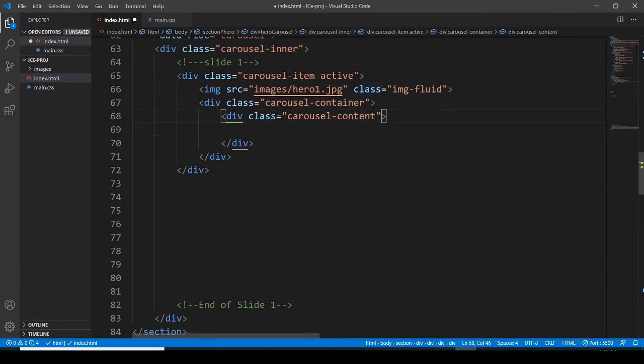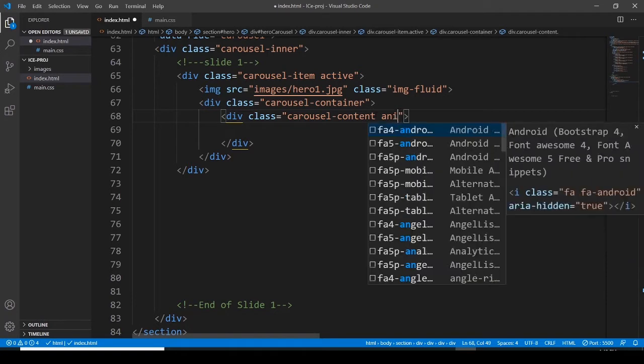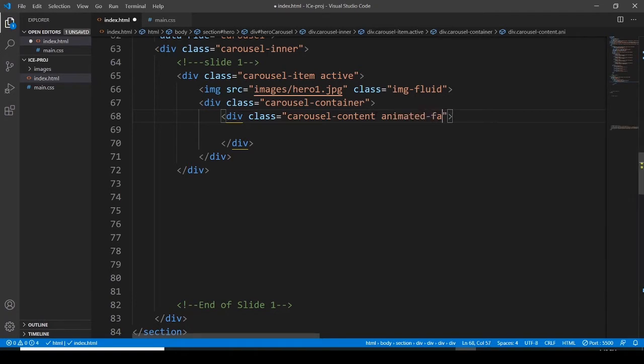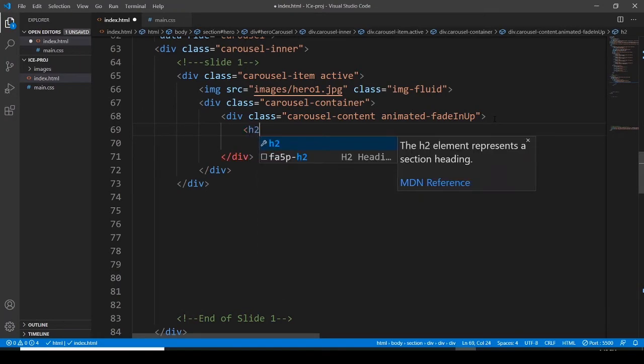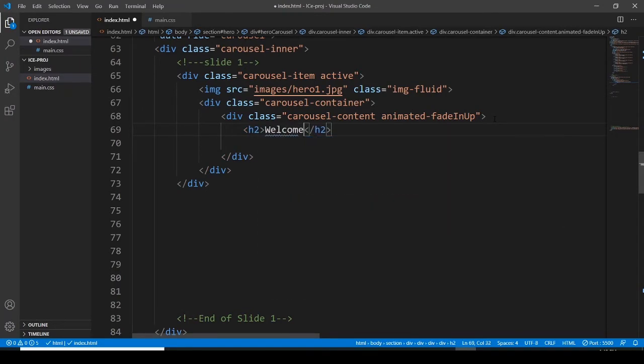This should be actually carousel content, animated fade in up, fade and up. Okay, fade in up, and then I just want to have a heading too, so this should be welcome to, and